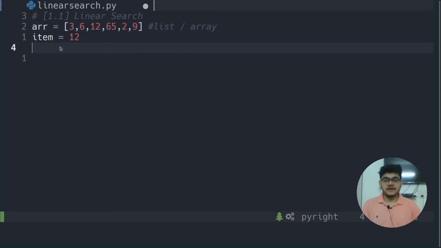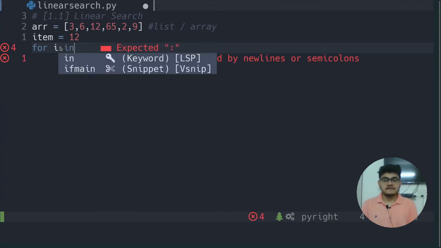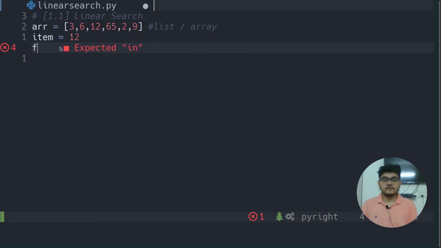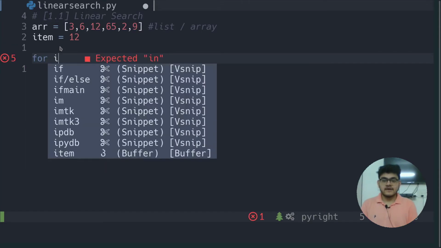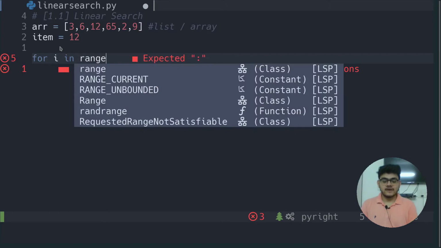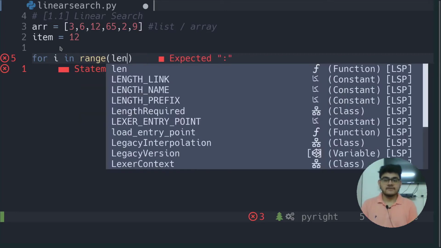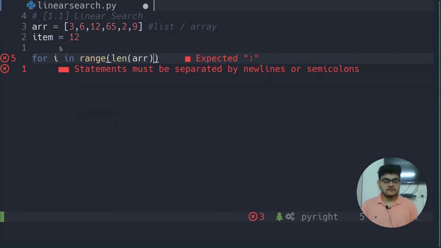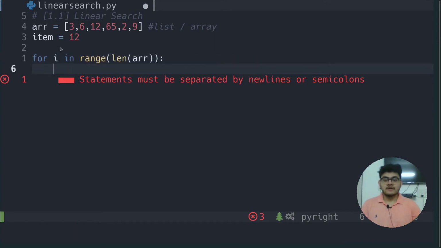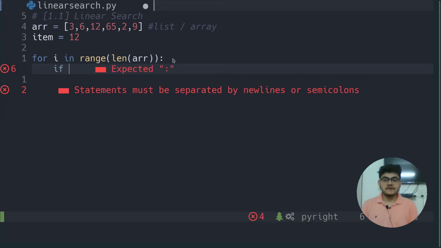So the first thing we need to do, if we want to traverse inside of this array, is use a for loop. So first of all, I am going to write for i in range, right? So here I will use the length function to find the length of this given array. Now this for loop will go from the first position, from the 0th position, then first, second, third, and I want to perform a comparison, and we know for comparison we will use an if case.